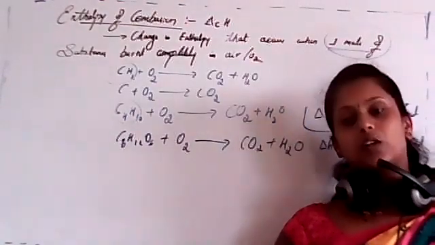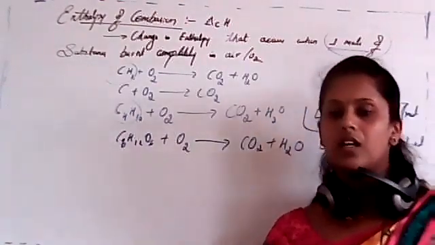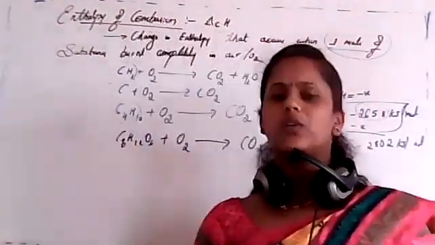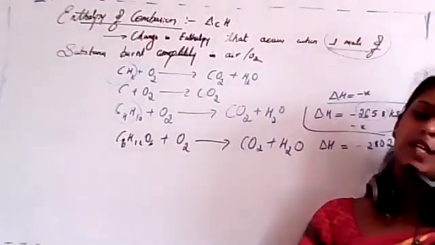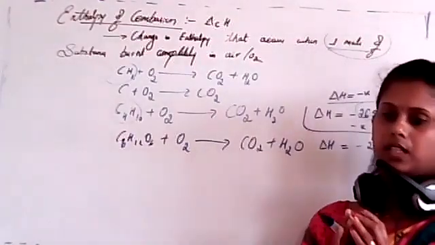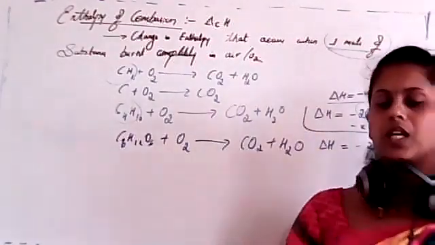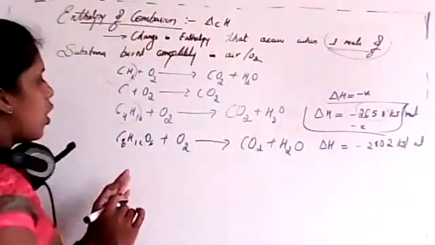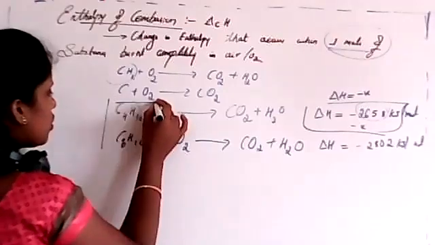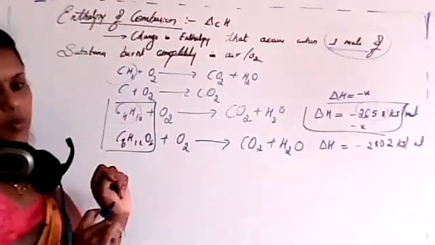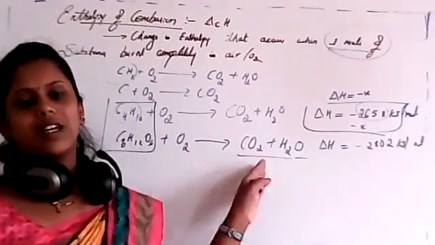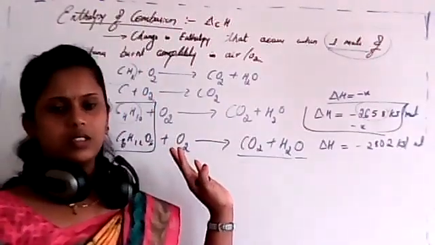MgO reacts with oxygen, it gives what? Do all combustion reactions have carbon as a component? No, it's not required, but it needs oxygen. So remember, for combustion, oxygen is required. But we almost always use organic compounds, so it is very easy to find the products, that is carbon dioxide and water.